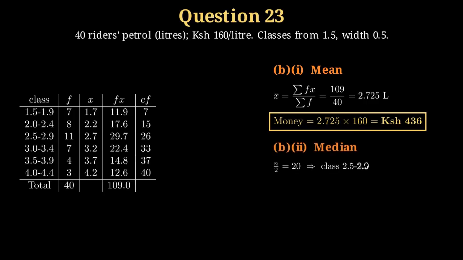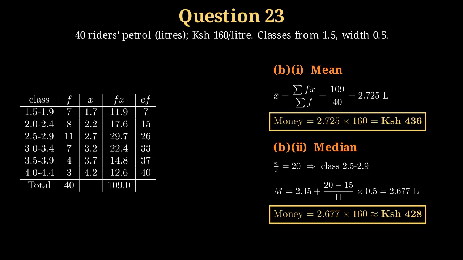Part B. 2. The median. With 40 riders, the median is at the 20th value. The cumulative frequency reaches 15 after the second class and 26 after the third, so the median lies in the